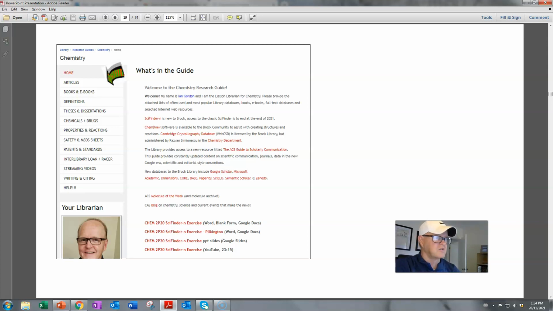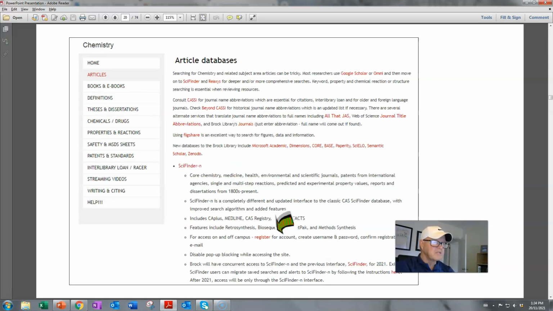That's part of the exercise as well. So I'm going to click on the Articles tab, and it brings up a number of articles. I put SciFinder-n in the middle, right there in the middle. There's other databases that you can use. There's more than one database, and there's probably about 10 or 12 on this particular page if you go down